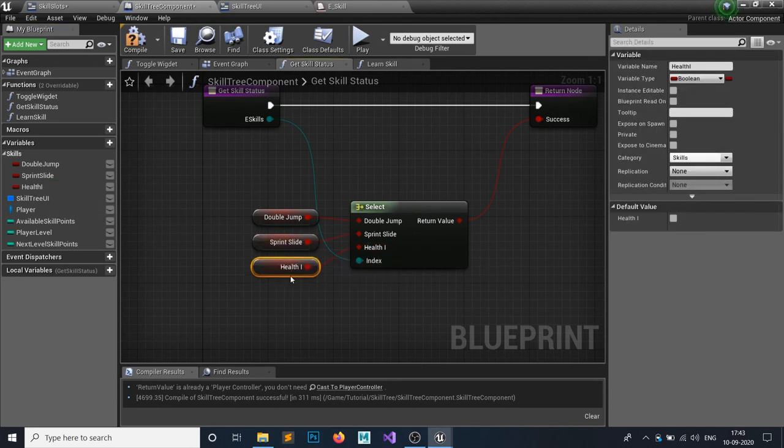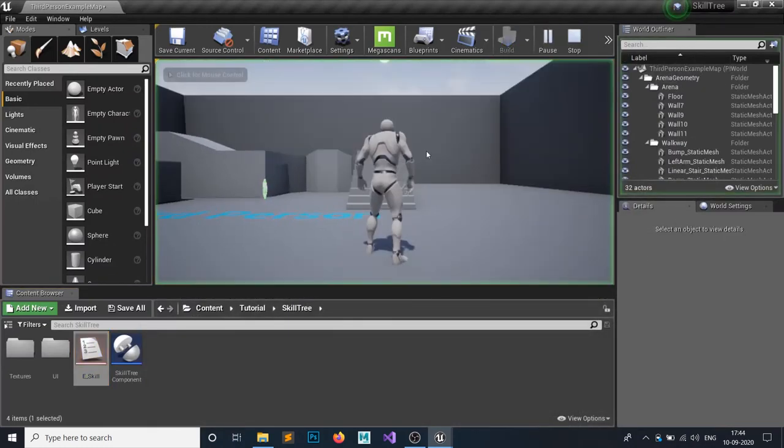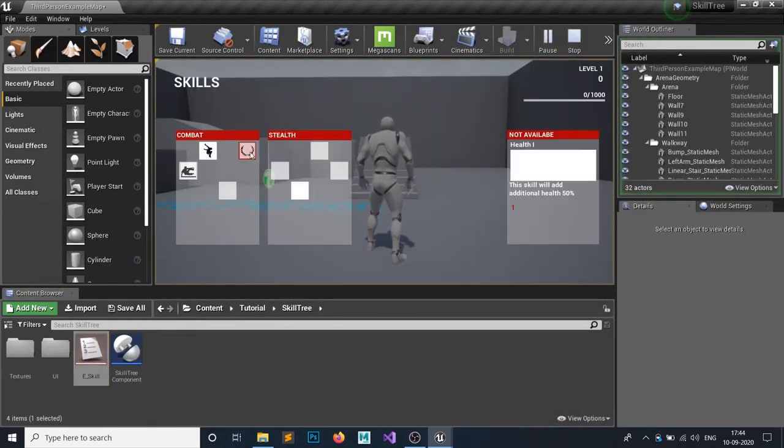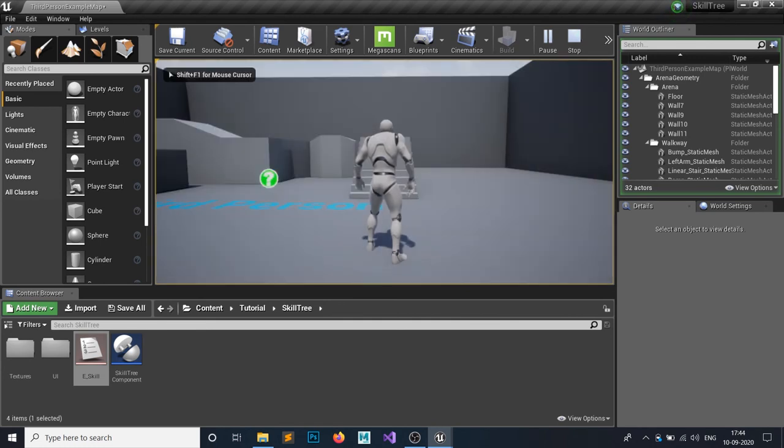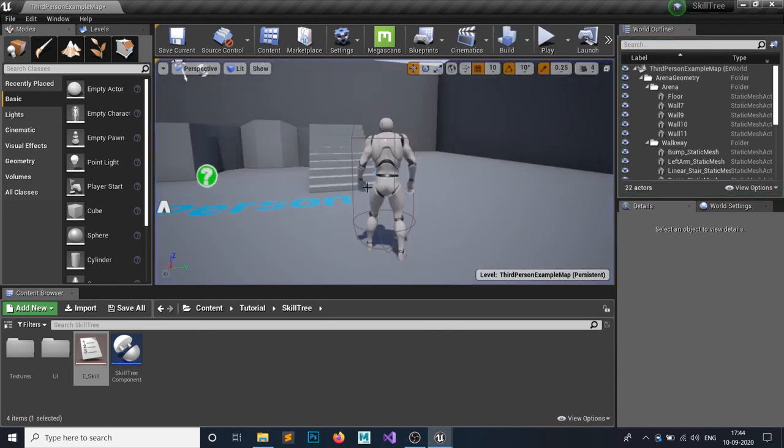So you have to do these 4 things every time for adding a new skill, but then it's fine. So now if you hit play, you can see this is our health, this is our double jump, and we have learned how to do that. The skill tree learning system, learning the skills.